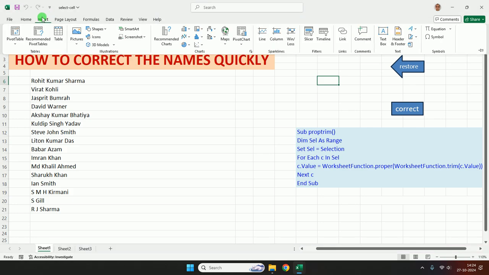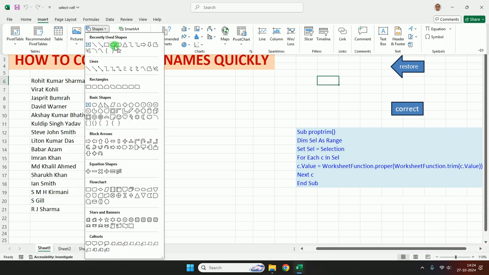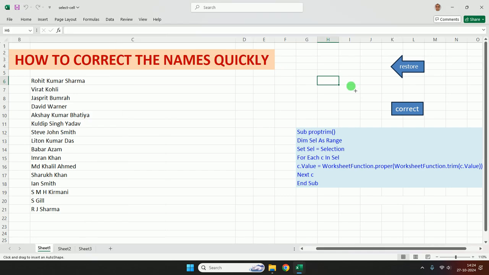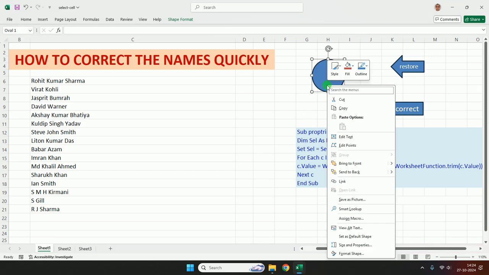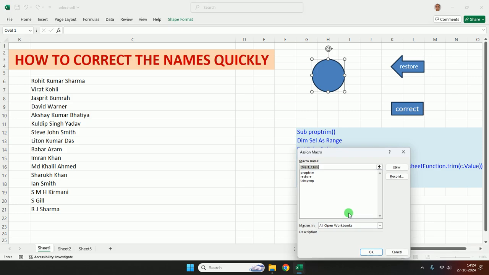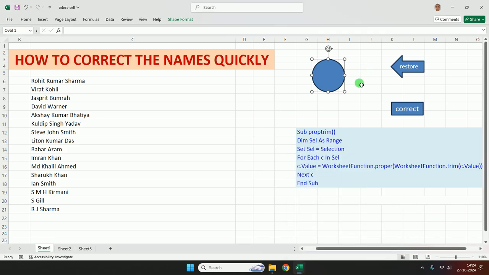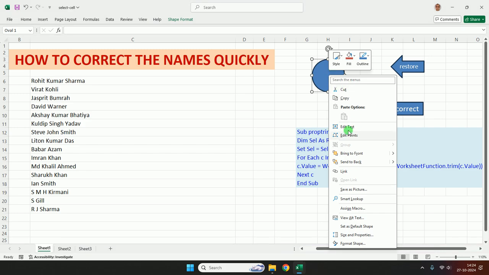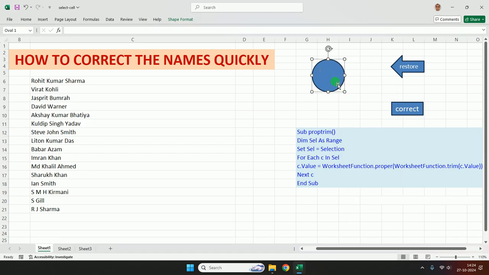So you press this insert, then shapes, any shape you select, say round one I select. So I select this one. Okay. And then here I write assign macro. And then I have TrimProp. I have now written TrimProp, and then this okay. Okay. If you want some name also here, so edit text maybe, and here we can write